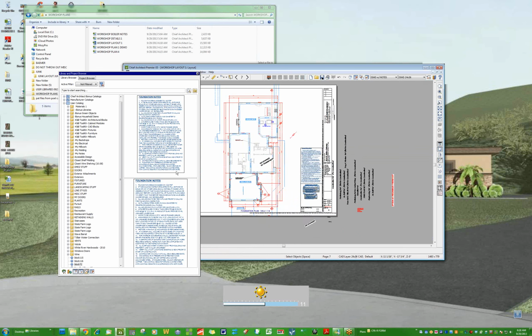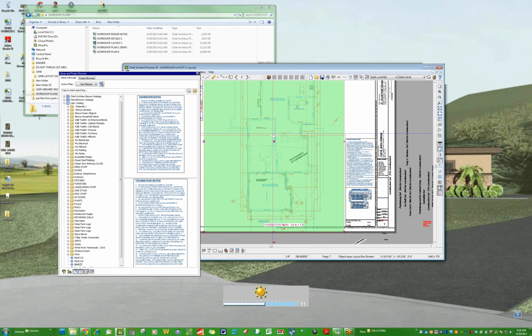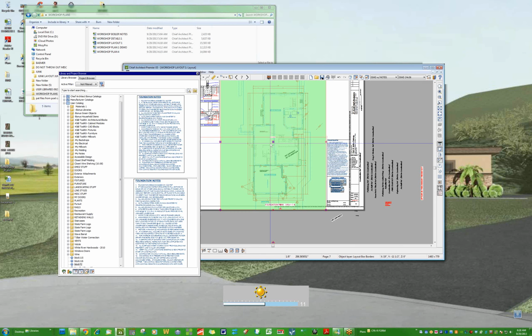How do we send boilerplate notes to layout? As I said, my boilerplate notes are a CAD detail that's associated with the plan file, the main plan file. And that's what I've been doing forever and a day. Perry would send it straight to layout from a library detail. Now what Jay Beamer would do,